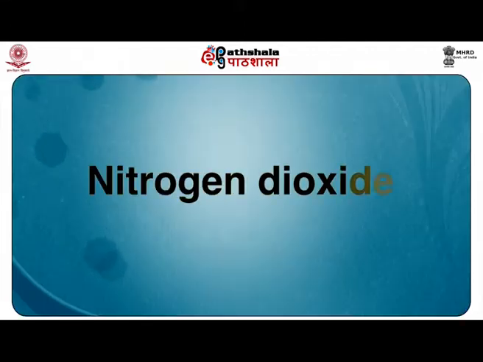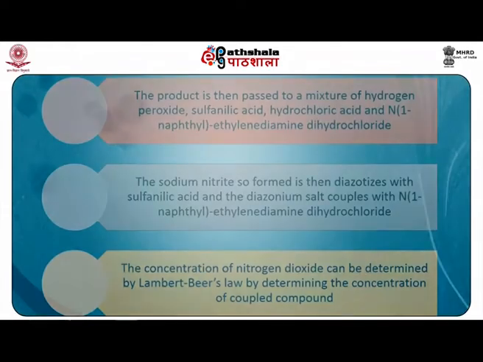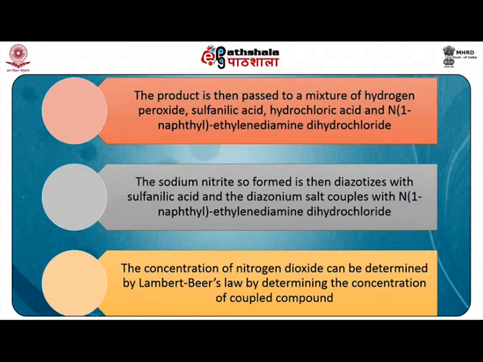Now take the example of nitrogen dioxide. Contaminated air containing nitrogen dioxide is bubbled through a solution of sodium hydroxide. This results in the conversion of nitrogen dioxide into sodium nitrate and sodium nitrite. The product is then passed to a mixture of hydrogen peroxide, sulfanilic acid, hydrochloric acid and naphthyl ethylene diamine